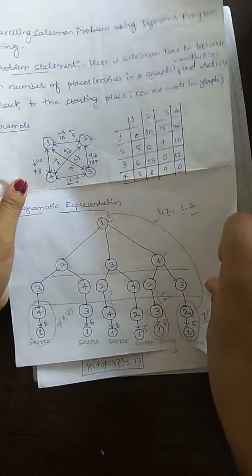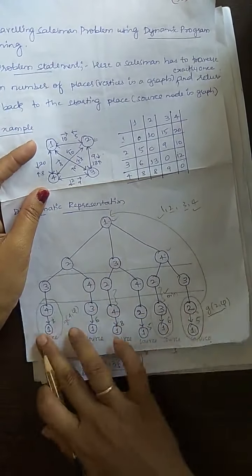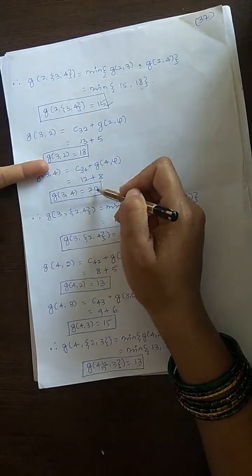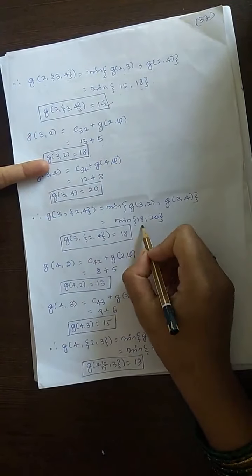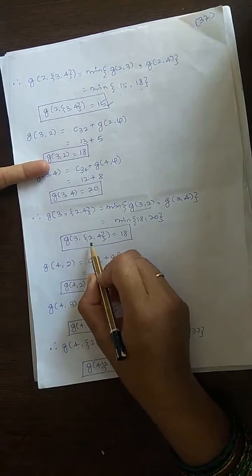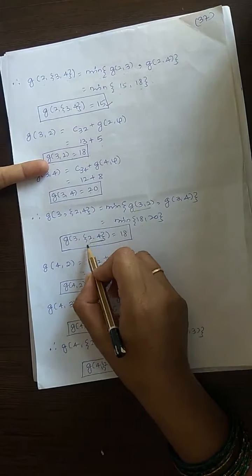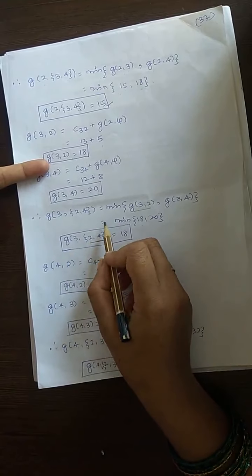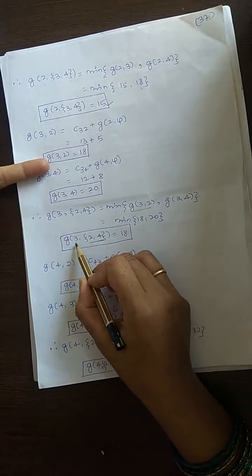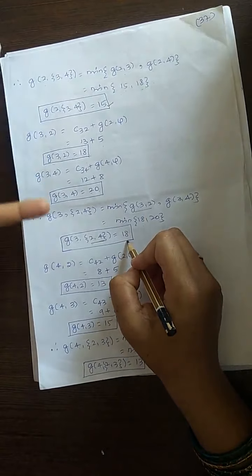Now I have found out the distance from 3 to 4 and also 3 to 2 here. What is the minimum between these two, 18 and 20? The minimum is 18, which is got from 3 to 2. So G of 3 comma {2, 4}: when one vertex is remaining, it forms a set of two elements, 3 to 2 and 3 to 4. So the minimum we take here is 18. This we have completed with vertex number 2 and vertex number 3.